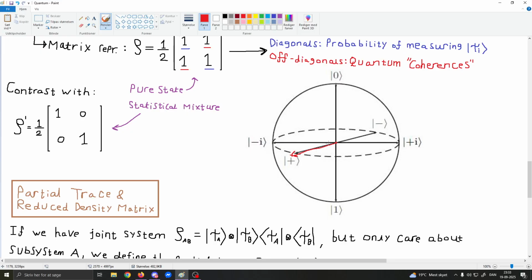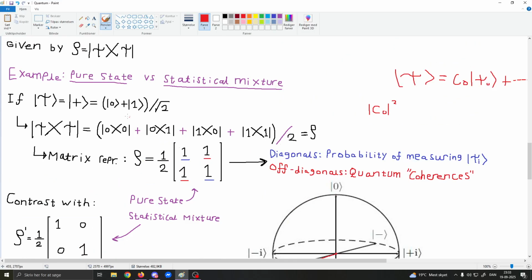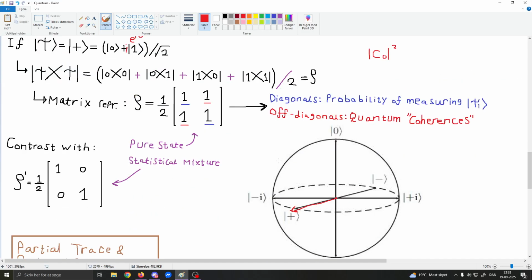And if we added phase to the quantum system, which would usually be some factor here, it could be i, but in principle it could be some continuous phase, e to the i theta. So our superposition, which is different from our statistical mixture, has a radius of 1, and every possible pure quantum state which has equal probability exists on the equator,